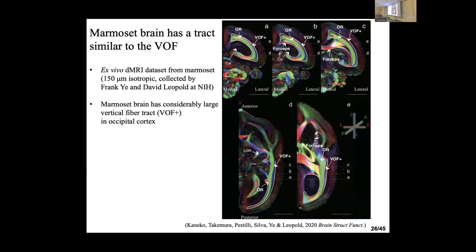Because you can see green in here, it's blue here, overall very similar because it looks like the VOF. But because there's no sulcal folding dividing the white matter, the sulci don't penetrate the white matter. This blue area, the VOF, looks like a very continuous sheet from very anterior to posterior, unlike in human and macaque. It just appears near V3 anteriorly, then continues to the parietal and inferofrontal cortex anteriorly.